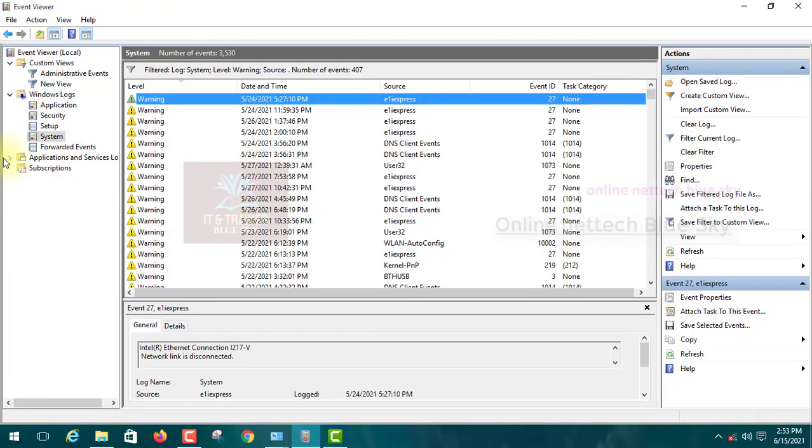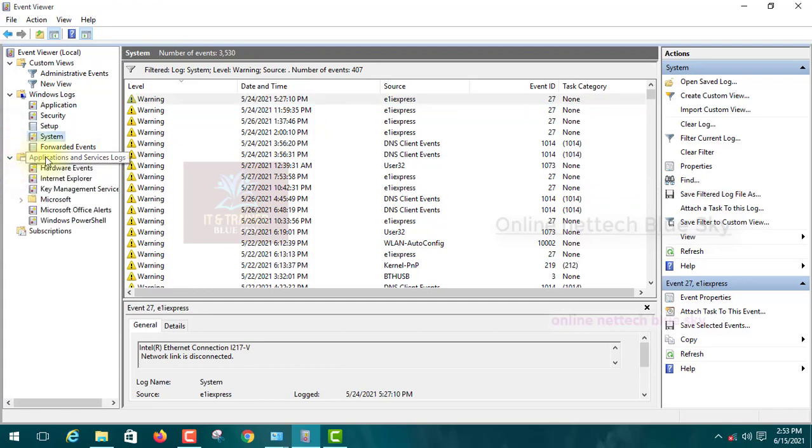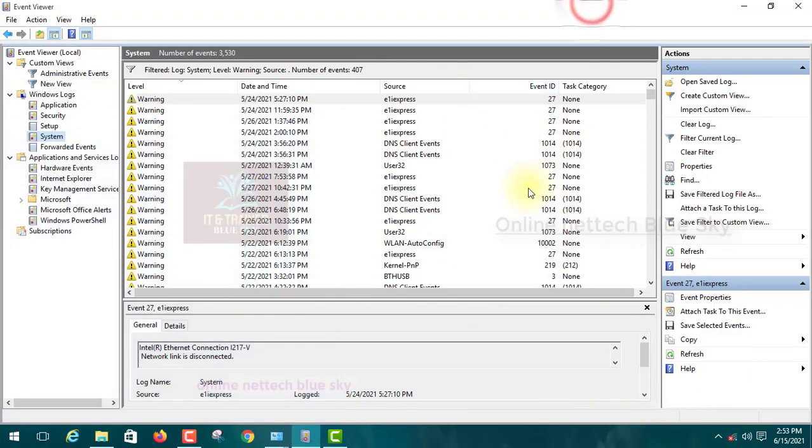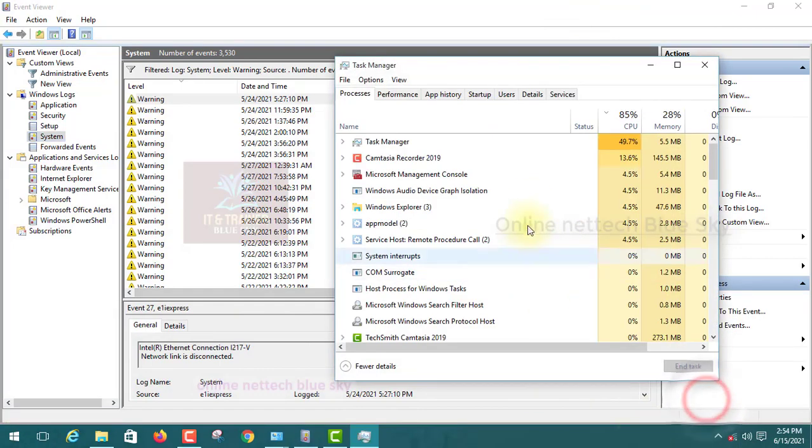Okay, so next let's understand application and services logs. What are the application and services logs? Because some applications depend on services, and background services work when an application starts. Just like your operating system, your mouse, your start menu, your task manager, your software, your device driver, everything working in the background. A lot of files and processes.